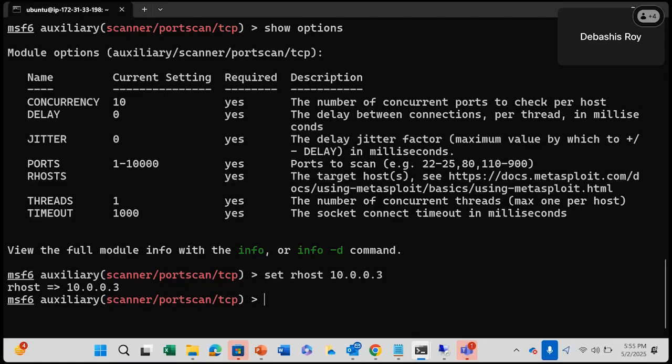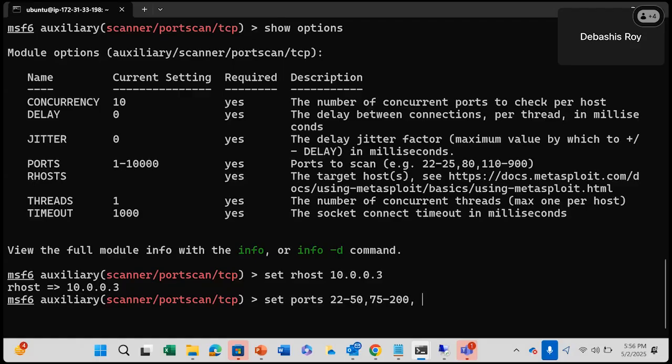And for the ports, say set ports, I want to mention the port range, for example 22 to 50, say 80, or say 75. Okay, fine, doesn't matter. 75 to say 200. Let me scan this.